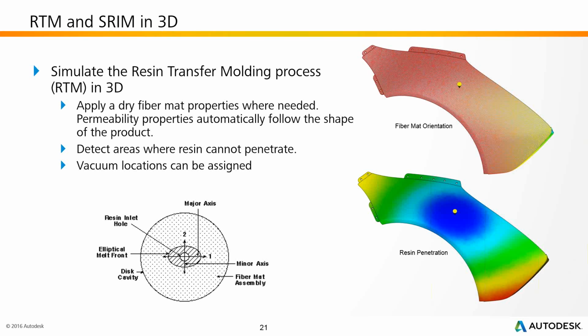The only thing it does not do at the moment is a true forming operation. If with the forming, the shaping of the dry fiber mat, you change the orientation of the weave or the local permeability of the weave at that point, those types of effects are not taken into account just yet. But there are ways to build an interface between, let's say, a true forming solution like PAM-RTM, or PAM-FORM, or things you can do with LS-DYNA, to bring those results into